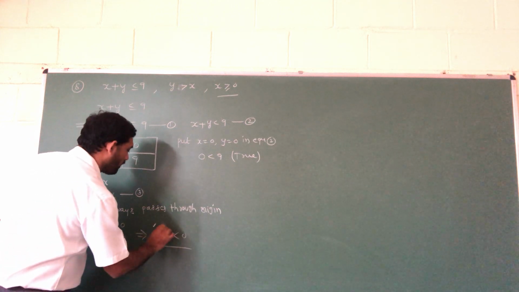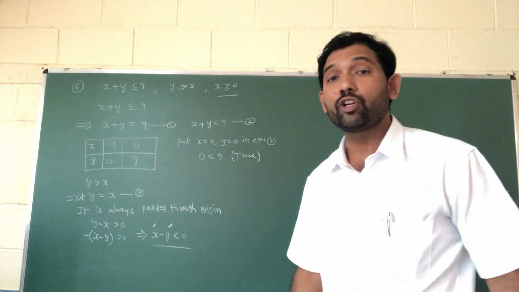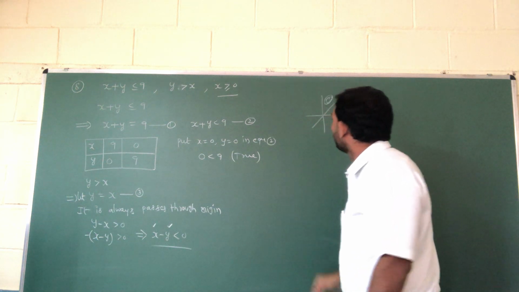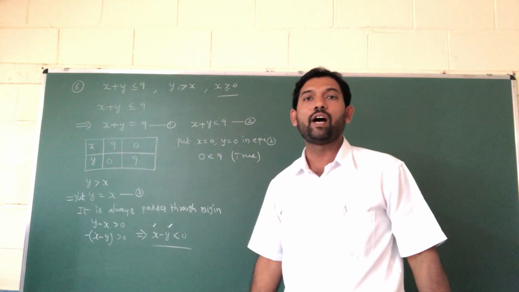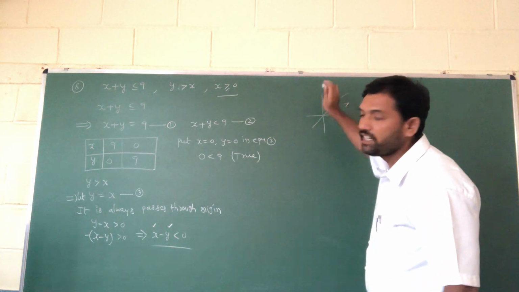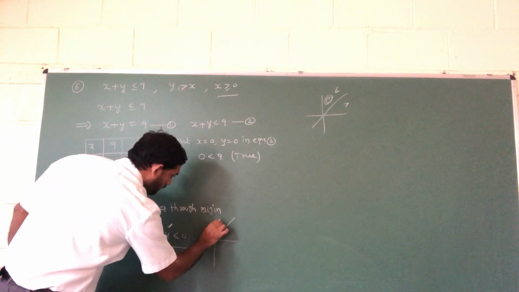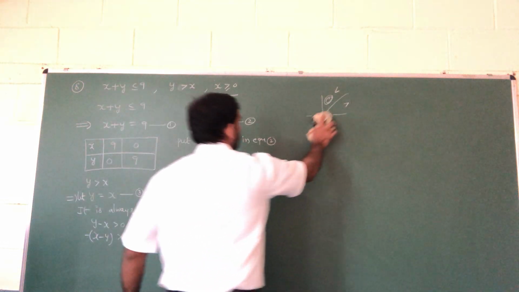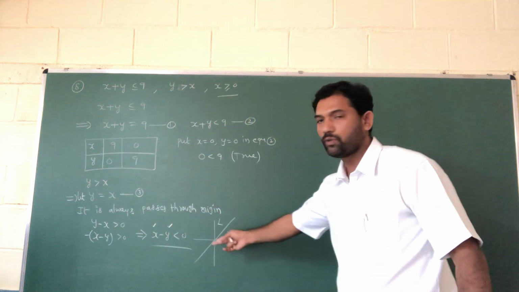So first the x coordinate should be there, next the y coordinate; change it like that. That is, x minus y less than 0 means you have to shade here. So less than means shade here, greater than means shade here. The line below, you have to shade greater than 0 here; less than 0, you shade here. Remember this point. So this is the less than area, this is the greater than area. Remember this point. This is very important. Okay, for understanding purpose I have written these points. Understand? For understanding purpose you note down this.